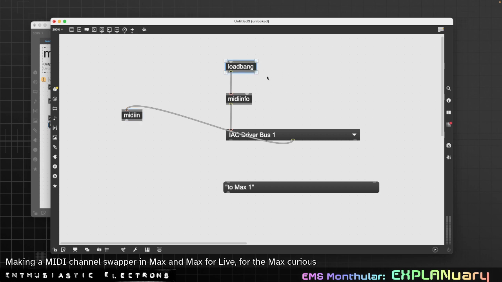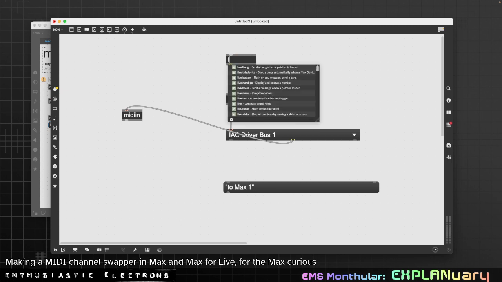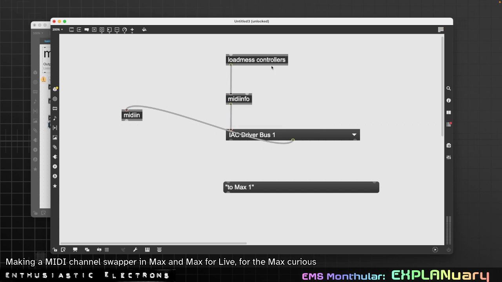Oh wait, no, sorry. It wasn't the bang that we want at all, because bang was the output. We want input. So load mess is sending a message, controllers. I'm going to double click on this and it will send the message controllers. So now this is the controllers that are coming in. So now